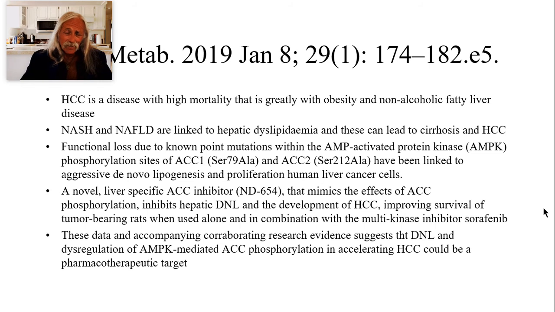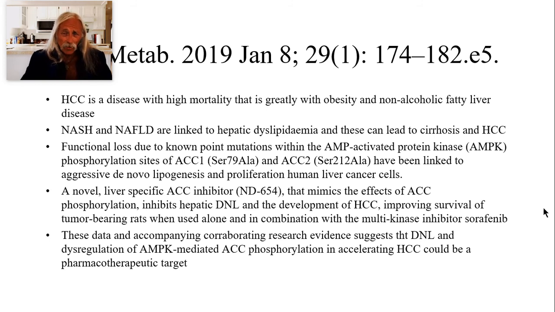You see? So you get aggressive de novo lipogenesis because the carboxylase is always on. It can polymerize, right? There's enough citrate. And that's what happens in cancer cells. So a novel liver-specific inhibitor, something I call ND654, that mimics the effects of the ACC phosphorylation, interestingly, inhibits